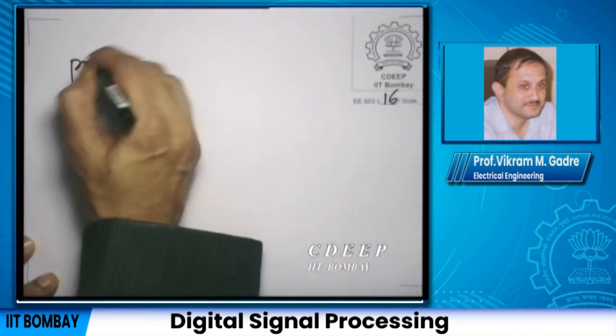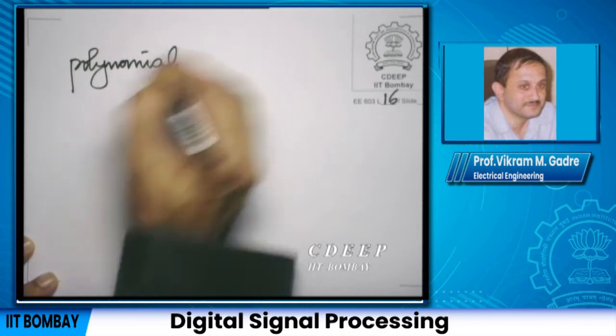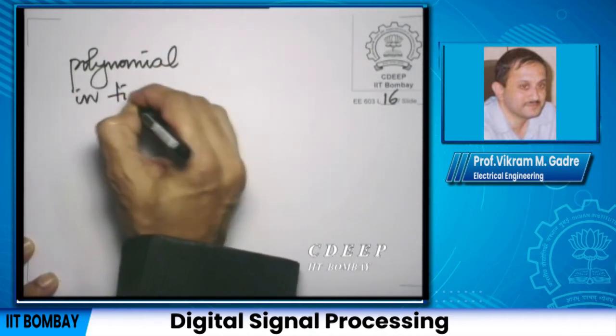Of course, you do need to multiply by the factor minus Z after taking the derivative, but there is a relationship between multiplying by n, the time index, or a polynomial in the time index. So, let us write this down: a polynomial in the time index